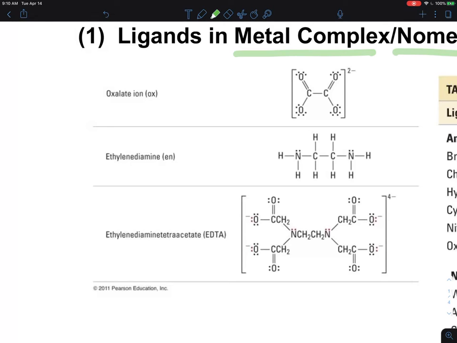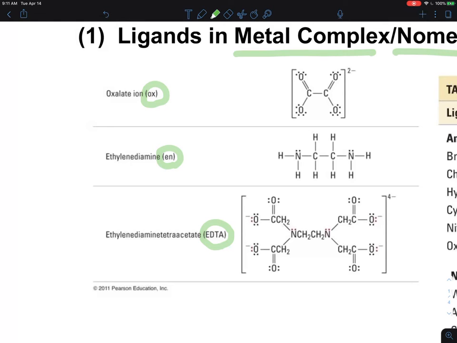This is what you learn from what you see in your lecture slide, and they are very commonly used, what they call the ligand. A ligand is one that gives out lone pairs, making coordination complexes, and even EDTA. EDTA is a long mouthful one. Honestly, I don't remember the name of the EDTA unless I look it up. I can always look up. But EDTA is so common that it is a very, very strong ligand that can bind to the metal